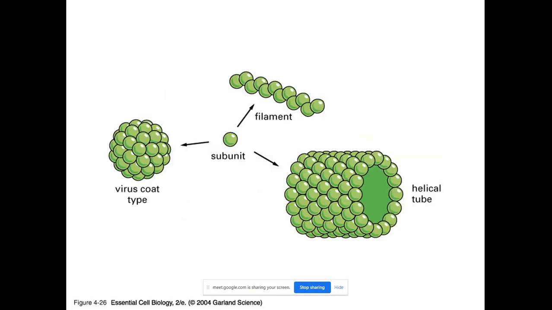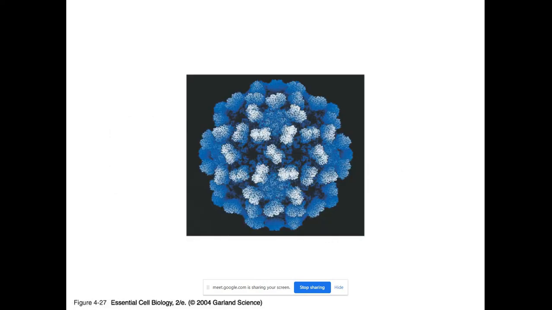They make the virus coat protein. You can see these are spherical subunits, filamentous subunits, helical. You can also take the TMV example. The subunits are arranged like this, as a helical tube in the tobacco mosaic virus. Is it clear to you? So this is how the subunits are arranged. This is also one example.